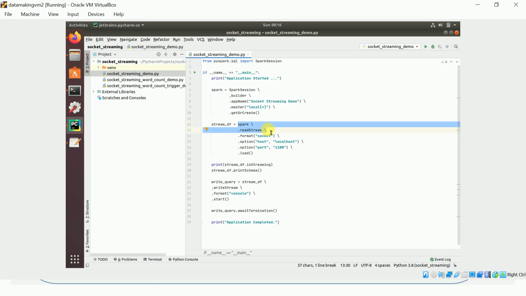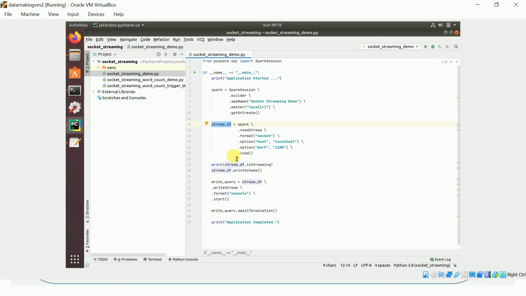Spark session object dot readStream dot format socket. For the socket source, we need to provide two pieces of information: one is the host, and another is the port number on which it is going to listen. Whatever you get is going to be an unbounded table. From the source, whatever data you are reading is an unbounded table.